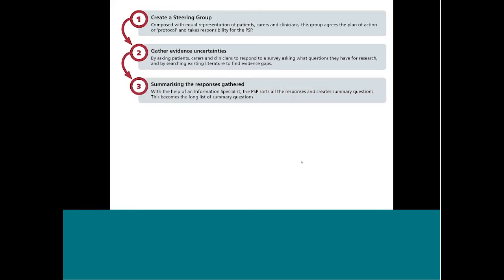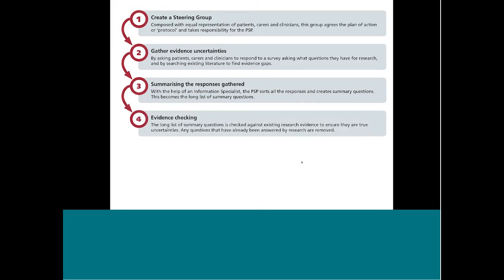The next step involves summarizing the responses gathered. So this includes removing out-of-scope submissions, categorizing responses or submissions to create summary questions, and then finalizing this long list of summary questions. The fourth step, which may be one of the most intensive, involves evidence checking.